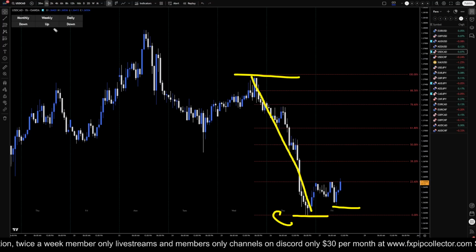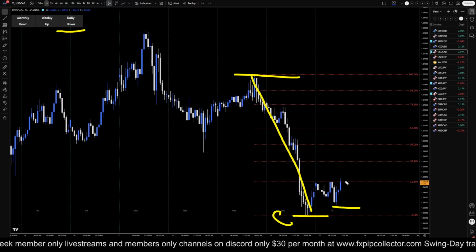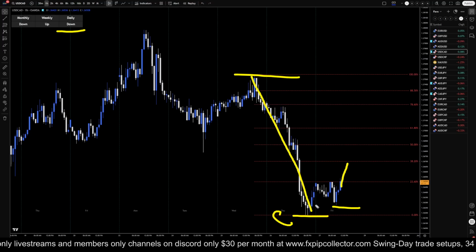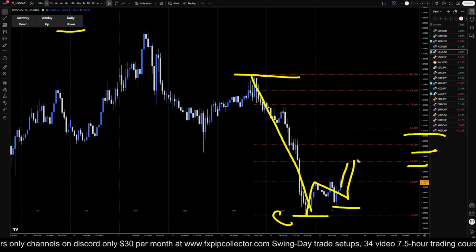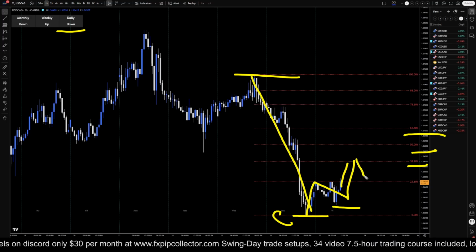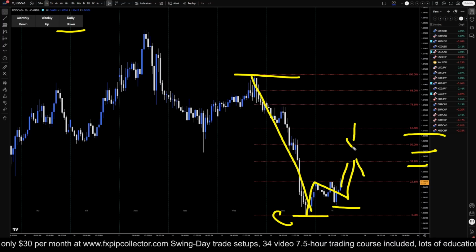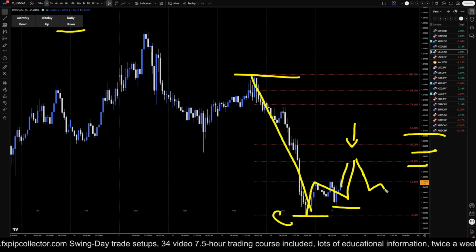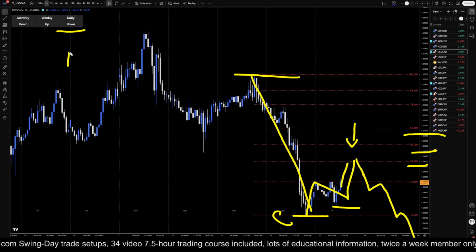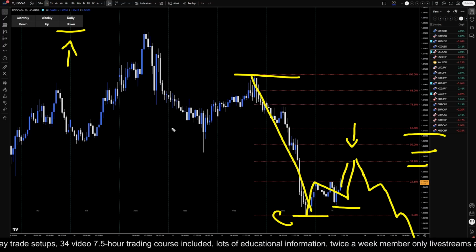But because the daily is definitely still down, if I see three waves up to a fib level, if I see a one, two, three up to any one of these fib levels, then I see an impulsive engulfing down, I will definitely continue to look for shorts because the daily is telling me to continue to look for shorts. If the daily turns up today, then on Monday I will be more happy to start looking for pullbacks to go long.